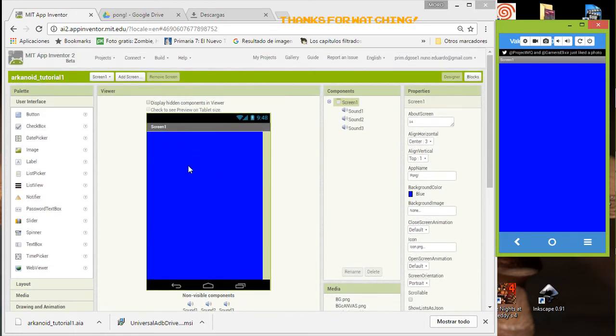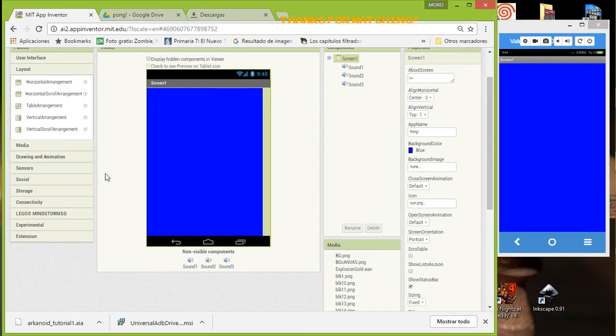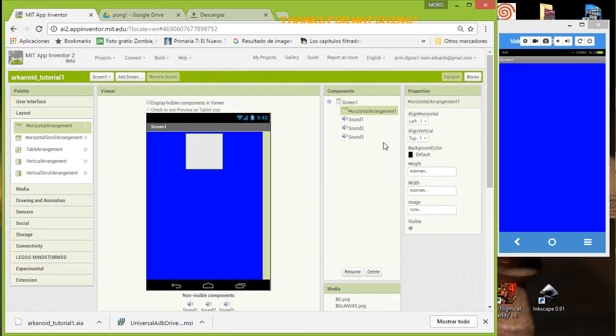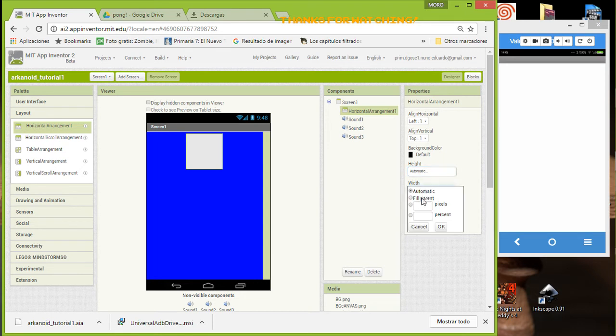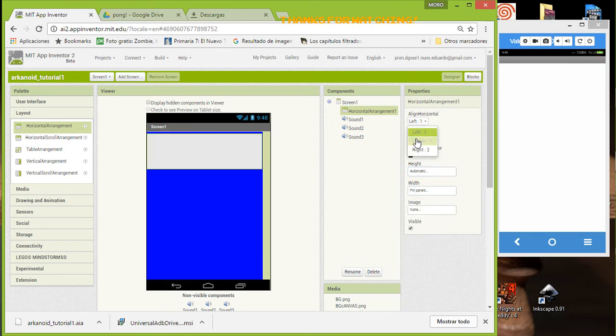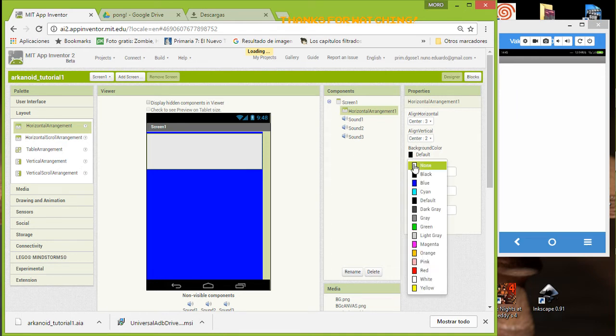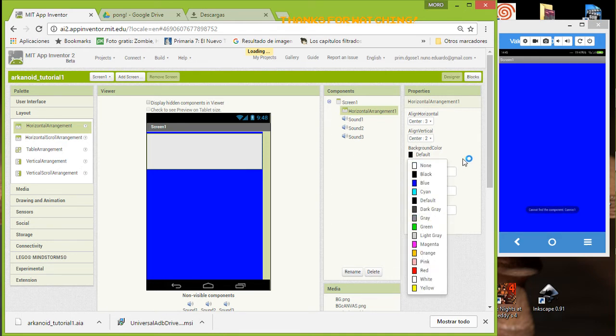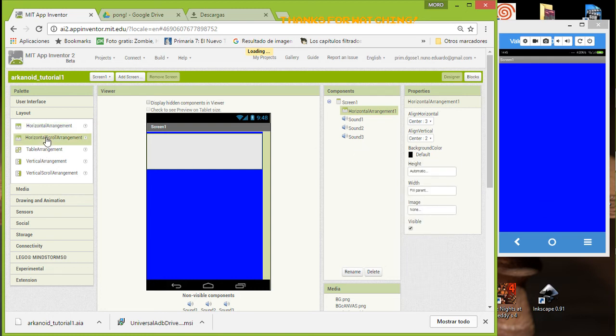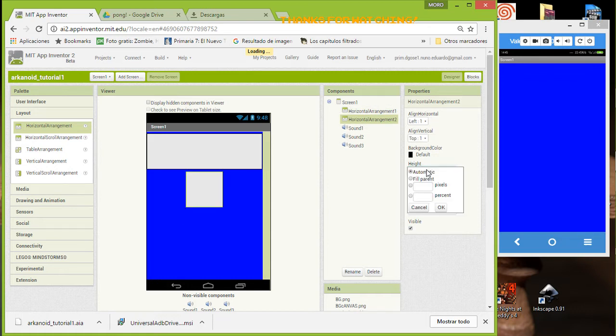Basically the idea is that we need a canvas. If you check, I have a score in here. So for the score, let's add a horizontal arrangement. Let's set it to fill parent. Then we're going to use center. So color, let's give some color over there. Now let's go for the next part. We need a horizontal arrangement for the canvas, and we're going to set it not to fill parent, we are going to do something like that. So for that we're going to use